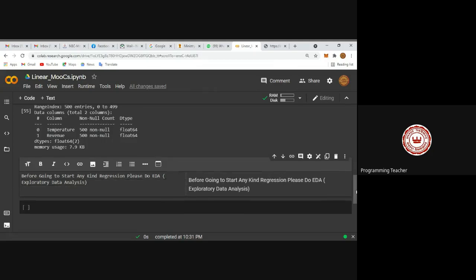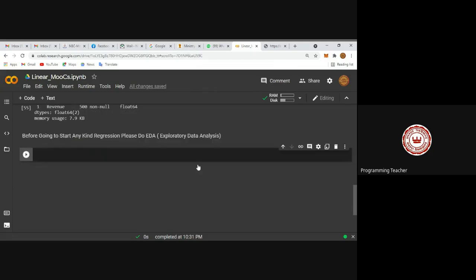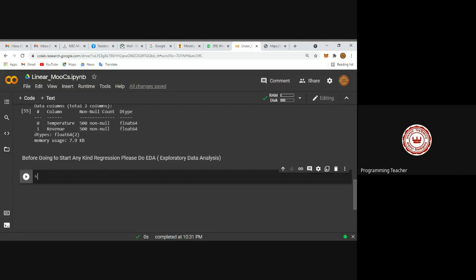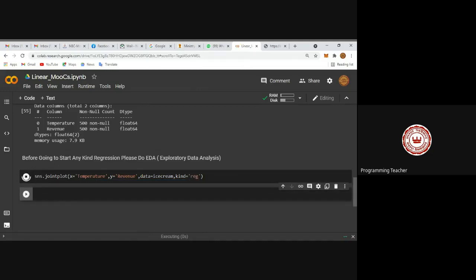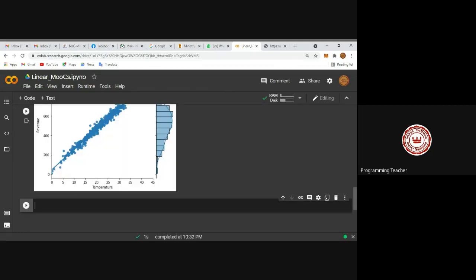So you know the steps. I have to use these two columns very carefully. So what is the way? Sweet and simple way, sns.jointplot. You know X equal to temperature. I am going to copy from my info tab, and for my Y, I am taking revenue. After that you have to place the source of the data equal to ice cream, and kind equal to reg, because you are now updated in Python. So let's try to run it directly. Just wait and watch. Yes, excellent.